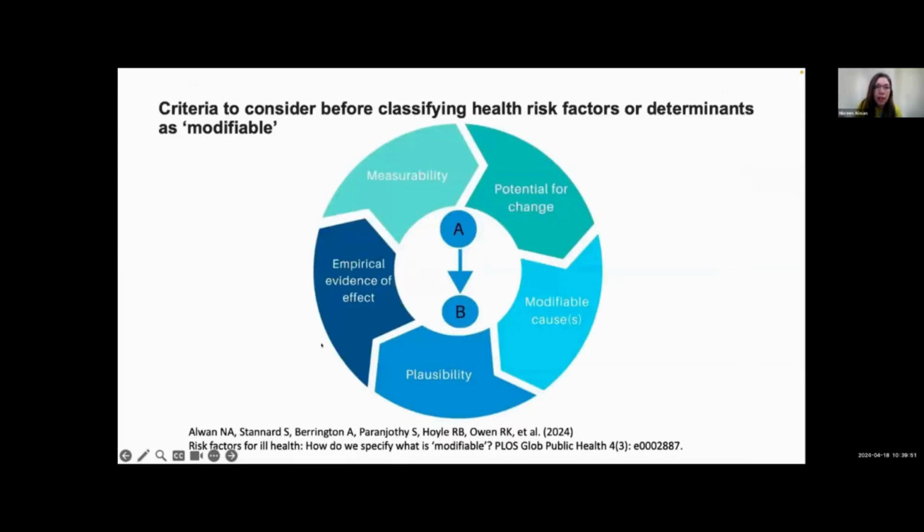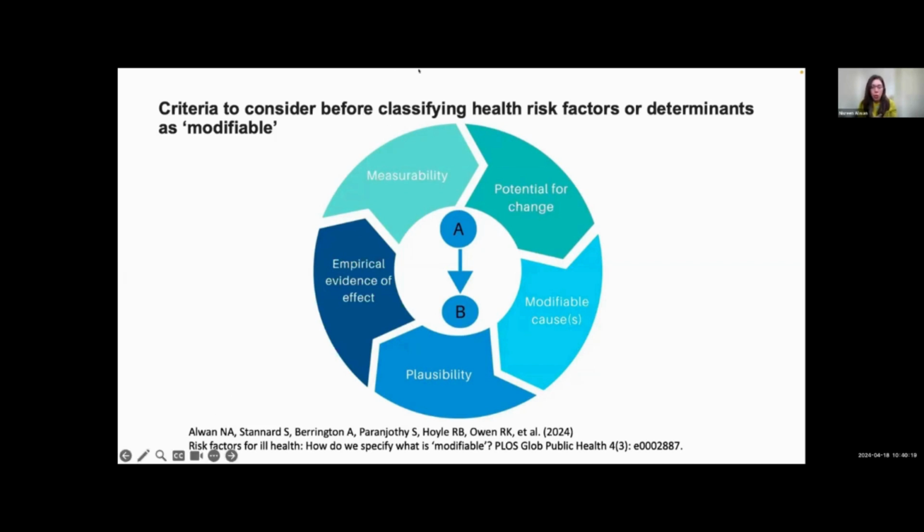Next slide, please, Simon. So one of the main things that we thought a lot about is that there is a huge amount of data and variables, and if we want to make our findings meaningful, we want to look at what's modifiable. And actually, there isn't really a set definition of what a modifiable risk factor is. We couldn't find any. So we thought we really needed some considerations or criteria for what we consider modifiable.